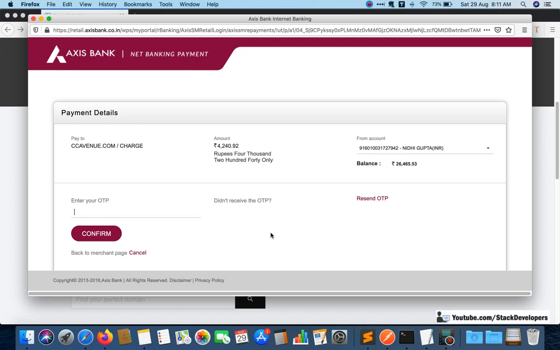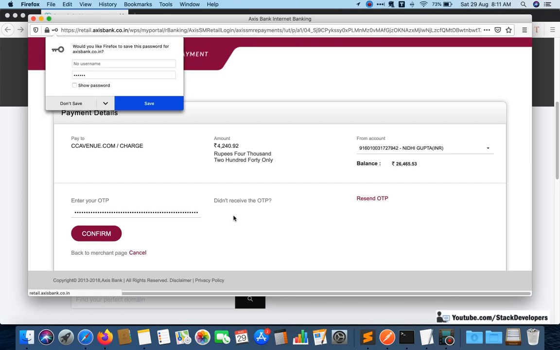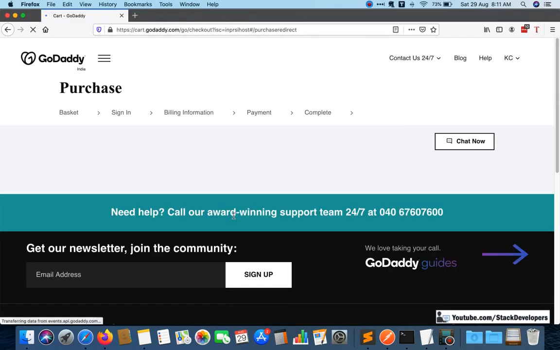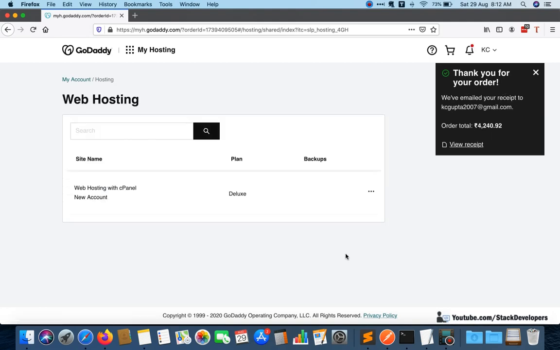See, OTP will come in your mobile. Okay, so you just need to enter that. If you are purchasing from anywhere, most of the time OTP will come, and you just are required to complete the purchase. And see, after completing the purchase, it will show you thank you for your order,